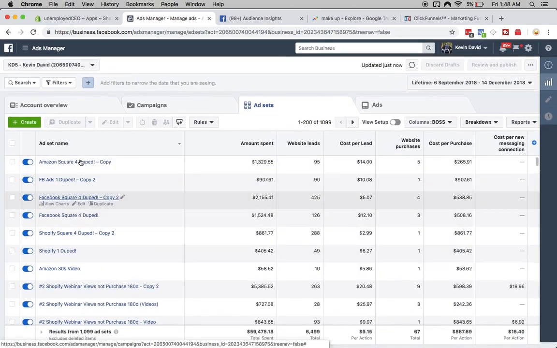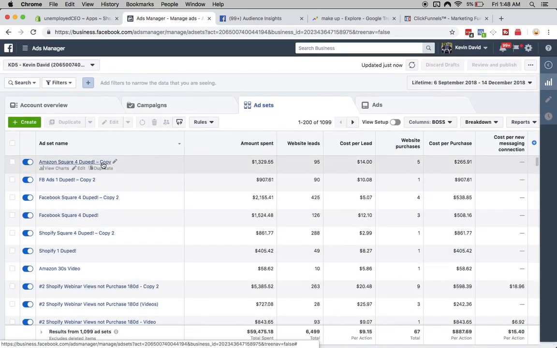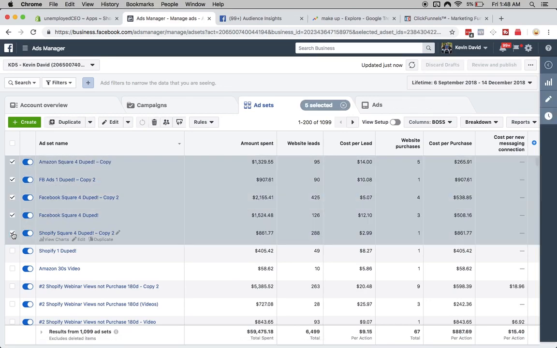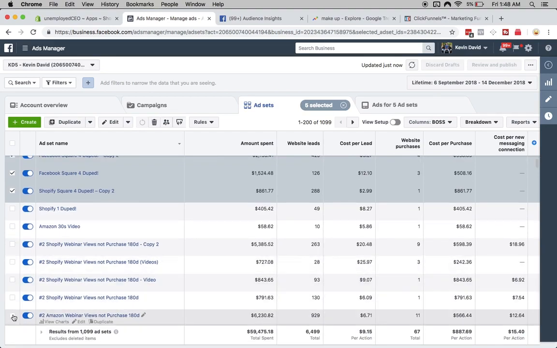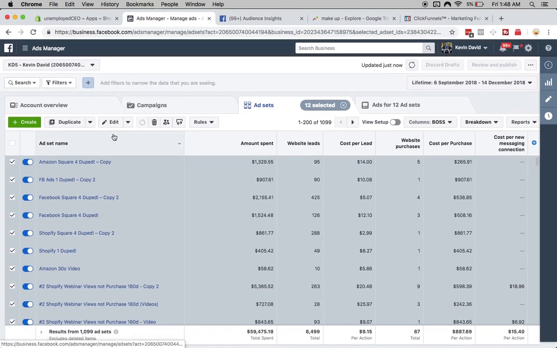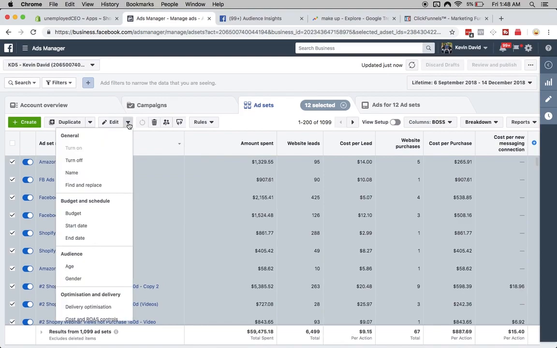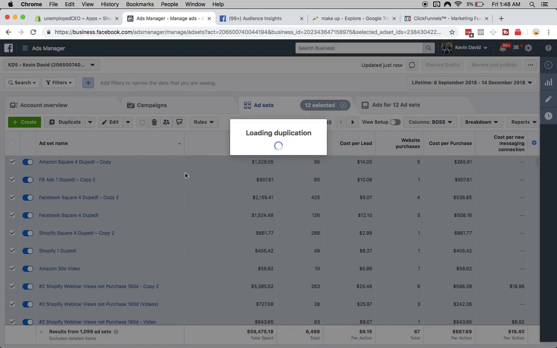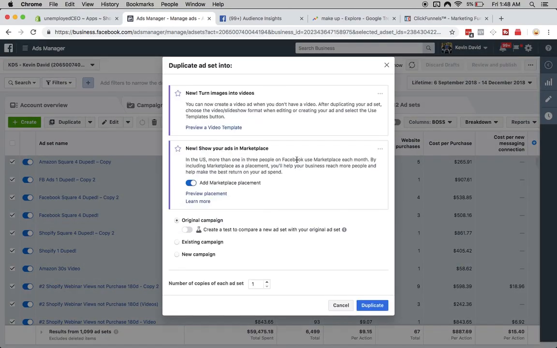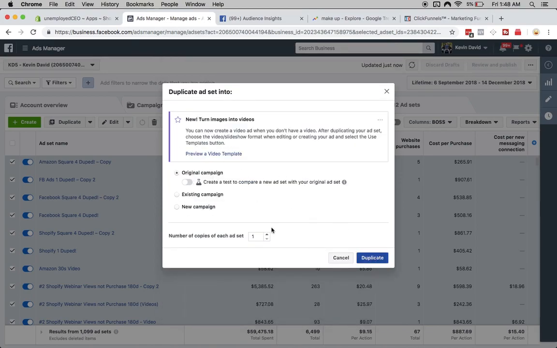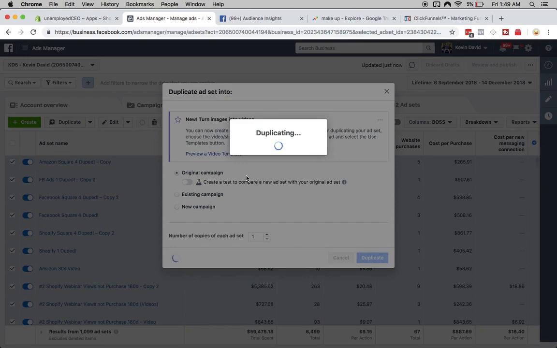A lot of these have purchases. You see how this says copy? It's because when I first create something, let's say that these were the 12 that we made, what I would do is go to duplicate right here. Facebook tries to sneakily have you turn on all this other stuff, so I always uncheck that and go to duplicate. I duplicate winning ad sets all the time,